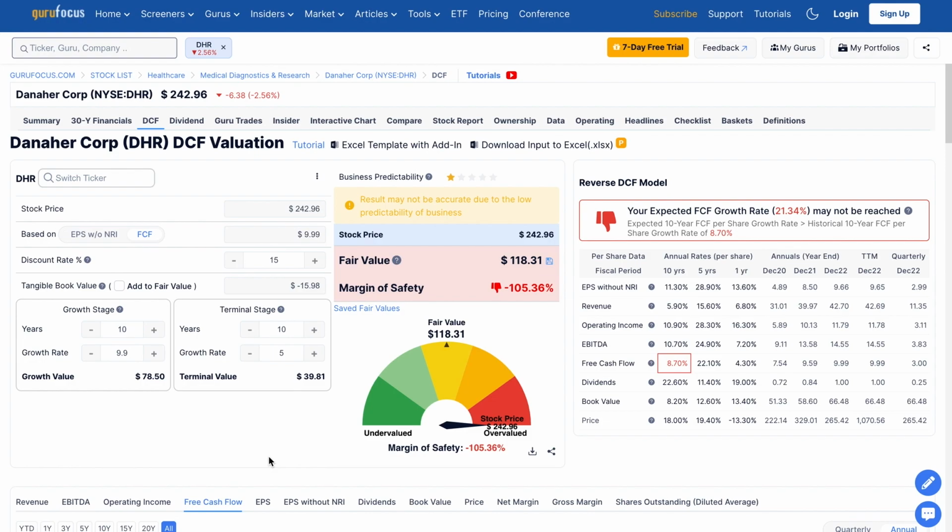Please be mindful of the fact that this type of analysis is not financial advice, it's not a buy or sell recommendation of any security, and before considering any potential investment decision, please consult with the properly licensed and registered